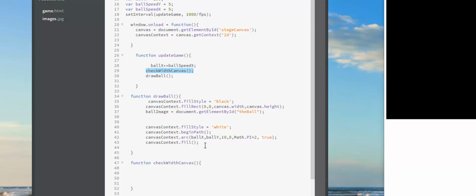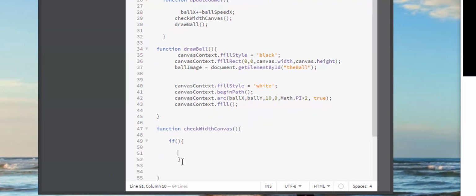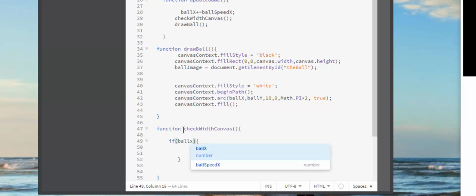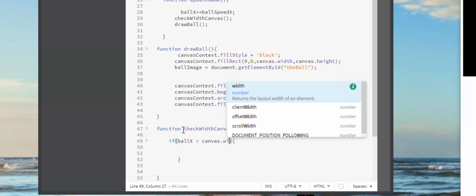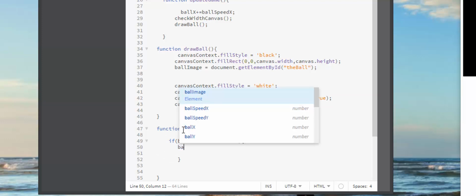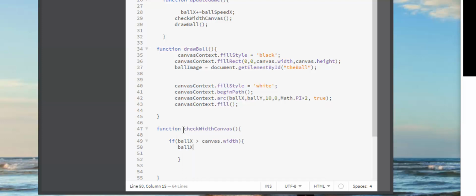Okay, so now in this function I'm going to say if. I like to go ahead and create the structure of it first. So I'm going to say if ball dot x, or ball x, and we've got to make sure this casing is proper. If ball x is greater than the canvas width, if it is, we're going to say ball x times equals